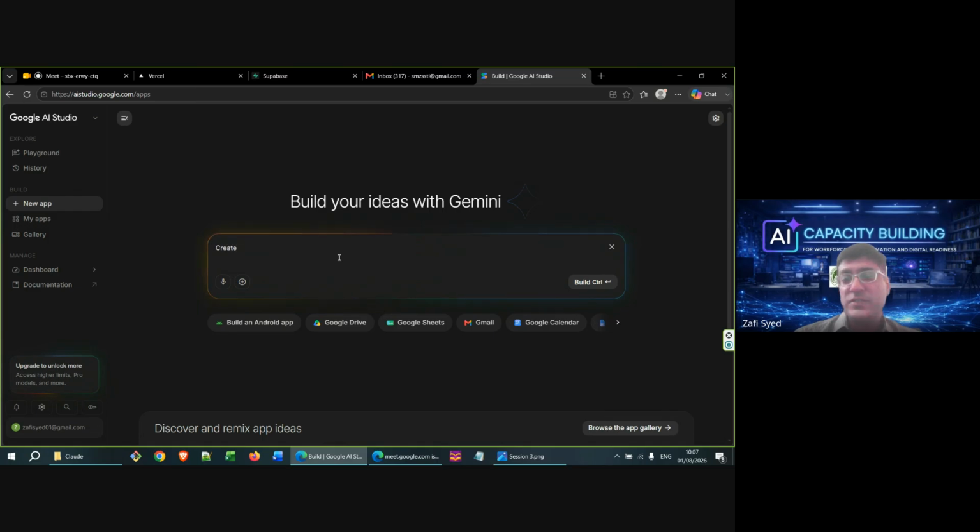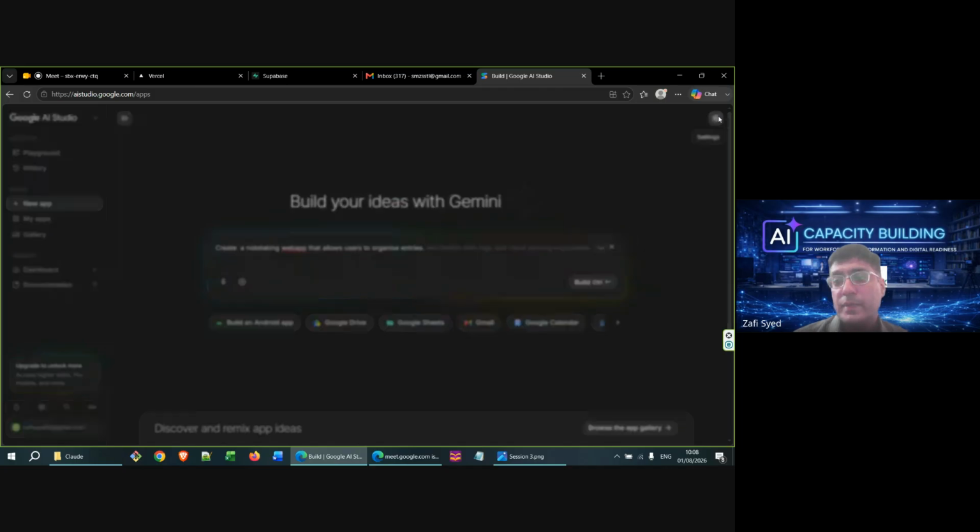I just want a minimalistic application where we can add notes, and add some entries to those notes, so that we can verify that everything is being synchronized. So I'll write something as simple as: create a note-taking web app that allows users to organize entries. I'm letting AI Studio figure everything out itself. So let's go to build.